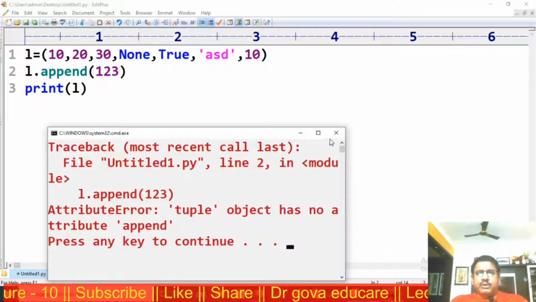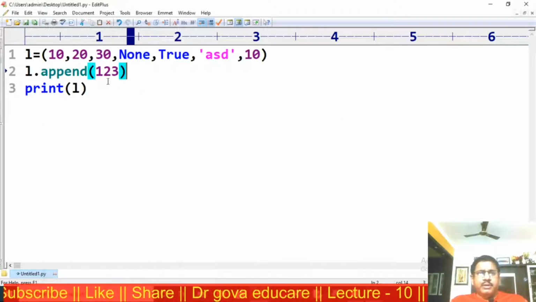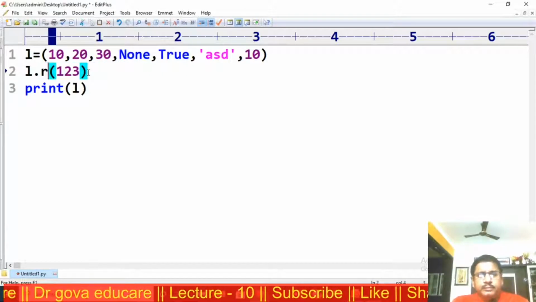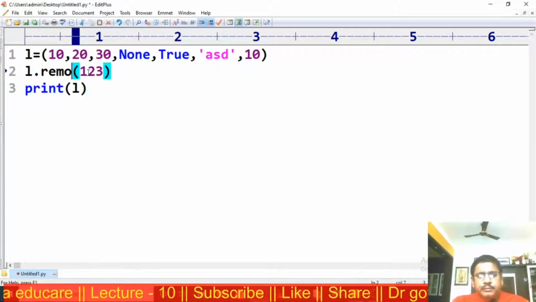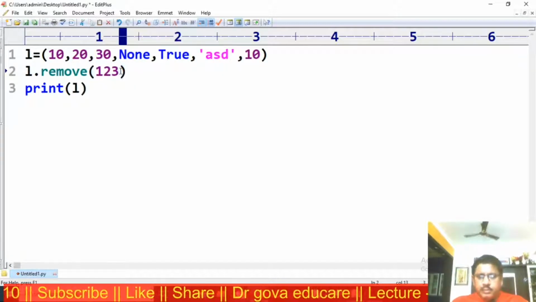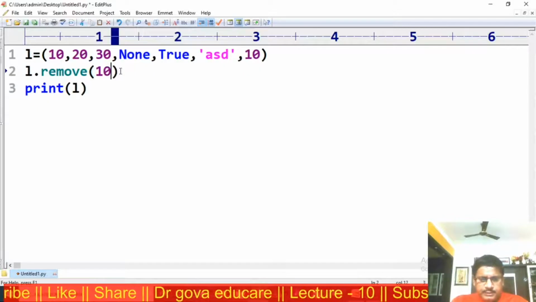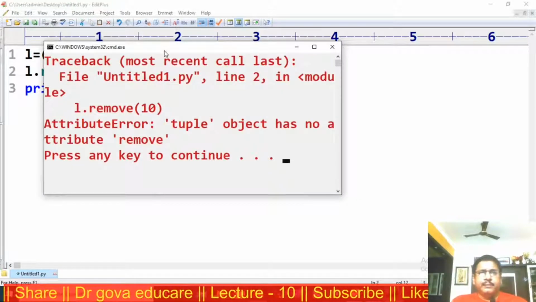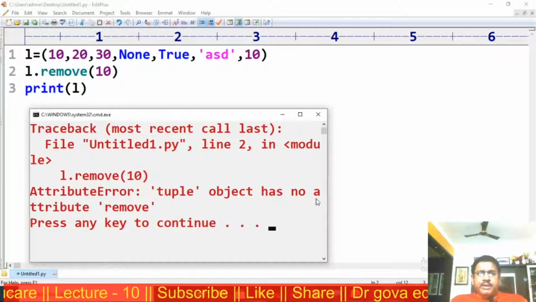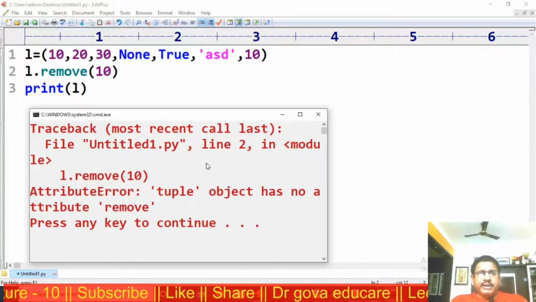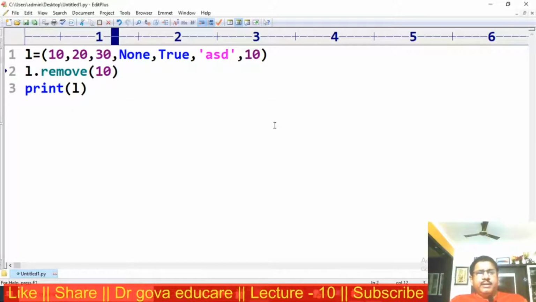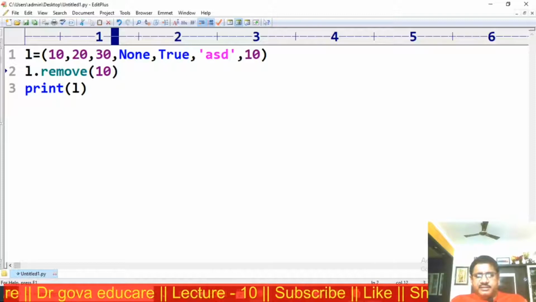Suppose I am trying to remove 10, we get an error. This is the error, attribute error: tuple object has no attribute remove. These are the differences between tuple and list.